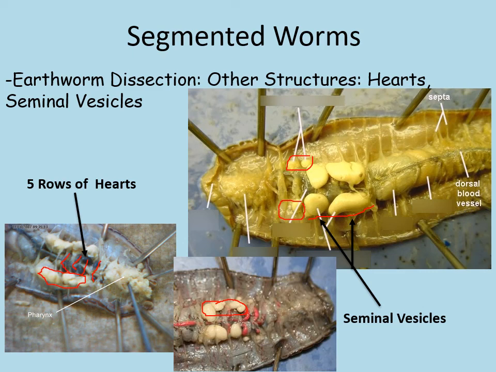In this picture at the bottom, they injected the circulatory system with pink dye. So you can see there's one of the hearts going across there. There's another heart. This top one is difficult to see. I think they didn't inject any dye into the circulatory system, so hearts are difficult to see. But if you just remember them as these dark bands that are around the seminal vesicles, those would be the hearts. So that's all of the structures that I want you to know for the earthworm dissection,